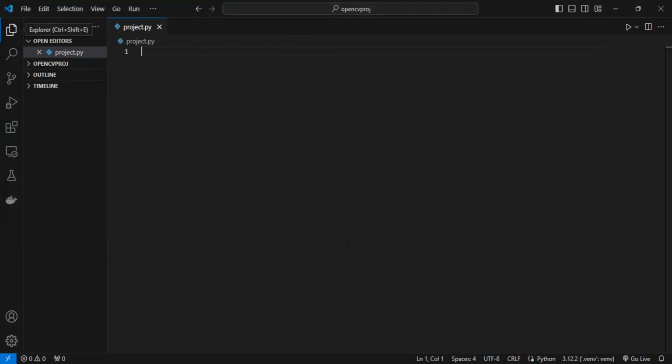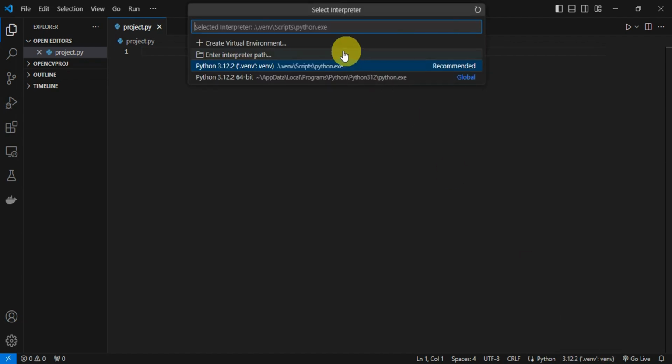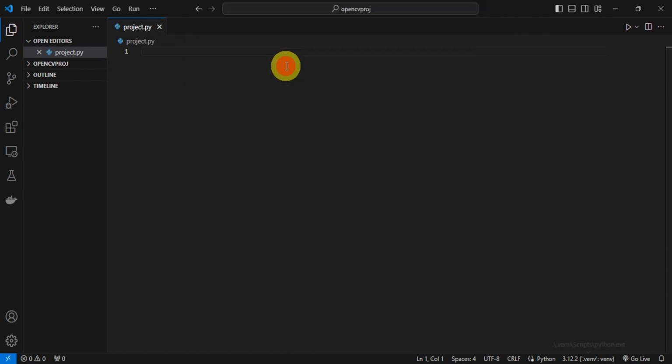And then right after, we need to go ahead and configure the Python interpreter. So onto the bottom right corner of your screen, you should be able to see in here the interpreter that you're using. So you could see also the version of Python that is currently installed. Click onto that, and this should open the interpreters or the virtual environment of your Python. So you'll have to choose onto which one you want to use. So there is recommended and global, so we'll opt for the recommended one in here. Click onto that. And then once you have chosen with Python setup in Visual Studio Code, you can start coding